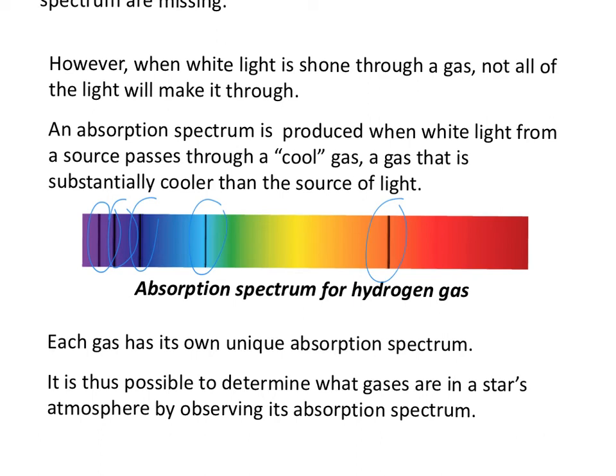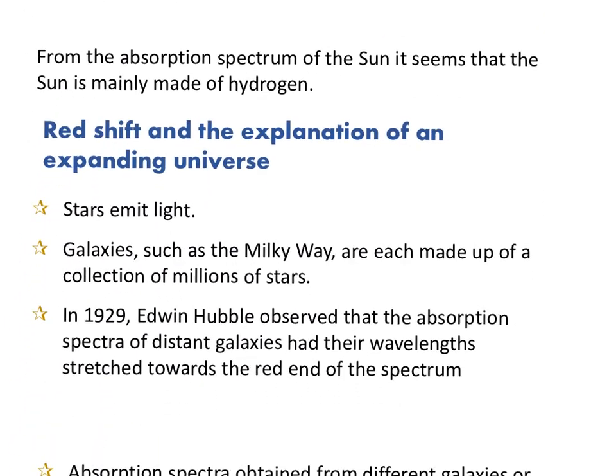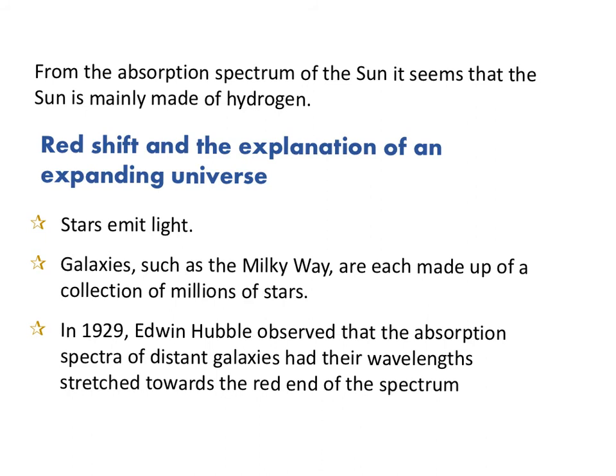So, what that means is when scientists look at stars, they can see what gases the stars are made up of, looking at what they know from our sun. Our sun is mainly made up of hydrogen, because that's the absorption spectrum we get. So there's a little bit of a leap here where we go, well, if our sun is that, then all the stars we see must be that. So stars emit light. Our galaxy, which is the Milky Way, is made up of millions and millions of these stars. Edwin Hubble, very important astronomer for us,